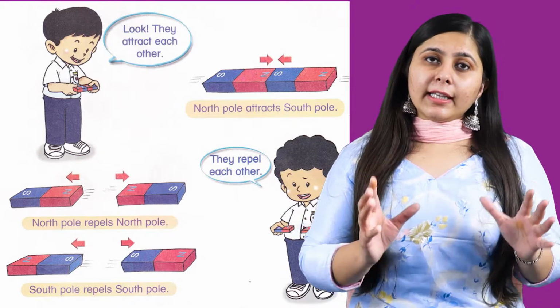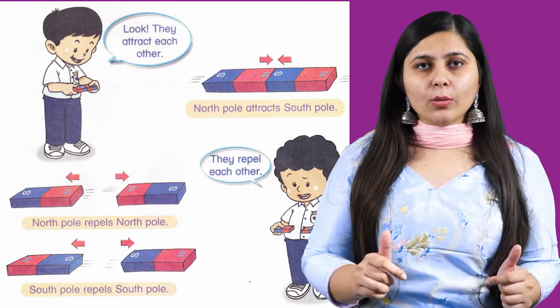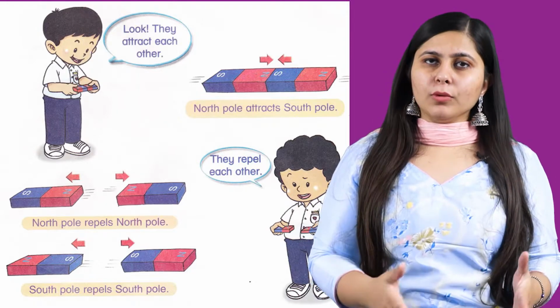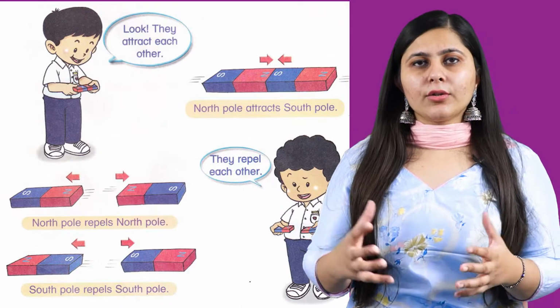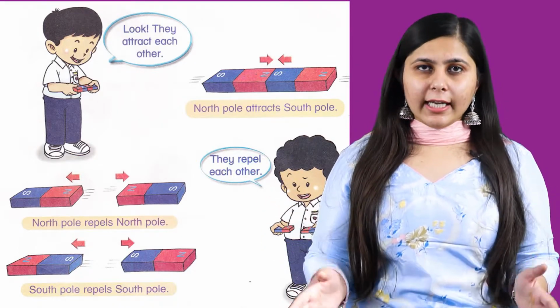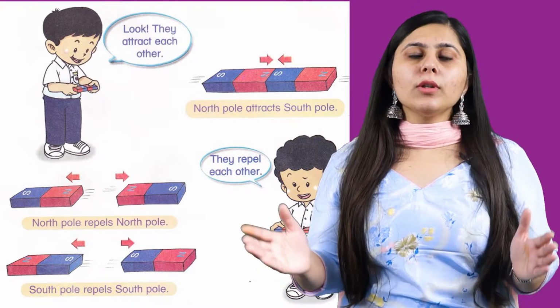So now you can scientifically say that if North Pole and North Pole are coming towards each other, and what is the North Pole? The side which is aligning itself towards the north direction when it is suspended freely, as we have studied in our previous point. So it is known as North Pole, and the side that is suspending itself towards the south direction is known as South Pole. So North and North, they will repel, and North and South will attract. So the second point is that like poles repel and opposite poles attract.